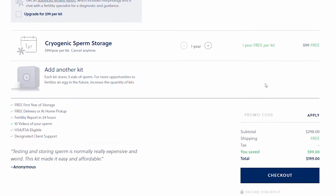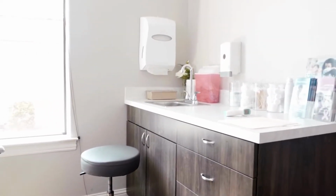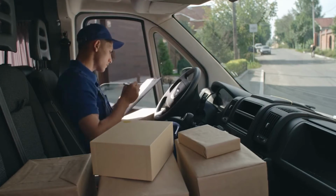Okay, but how does it work? First, you order the kit, it's delivered to your home, and then men can deposit their sperm into this contraption that they send you, and they're able to do it from the comfort of their own home, which if you're going to get your sperm tested, I'm sure most men would prefer to do this at home versus having to go to some sort of clinic or facility and do it there in some random room. Once the sperm has been collected, you actually just drop it off at FedEx. It's kind of crazy, right? You literally are just dropping off your sperm at FedEx and shipping it on its way,